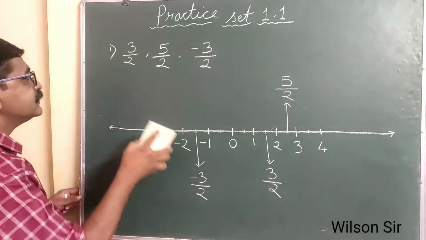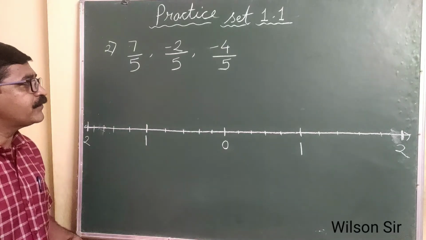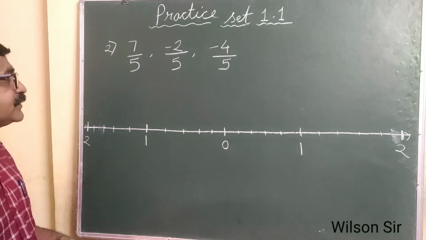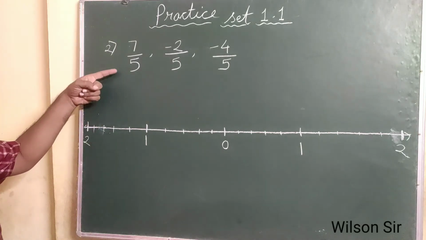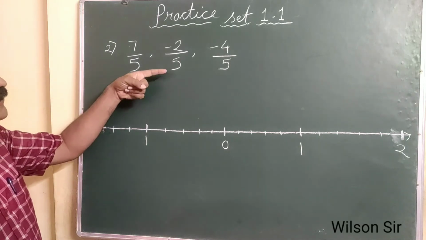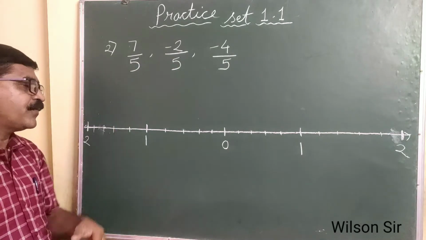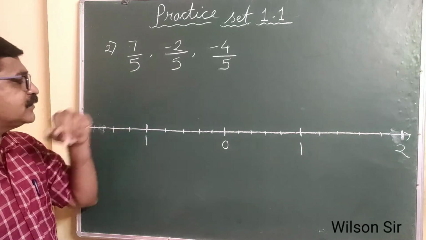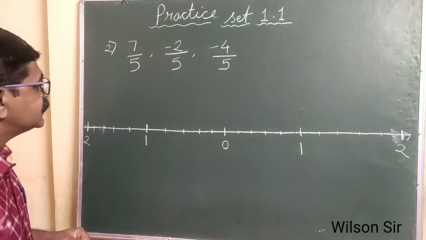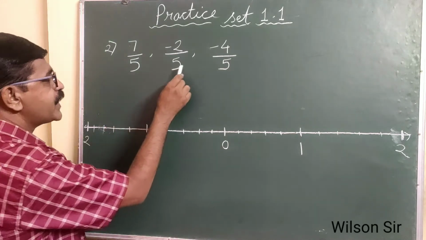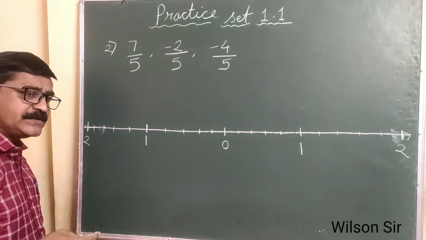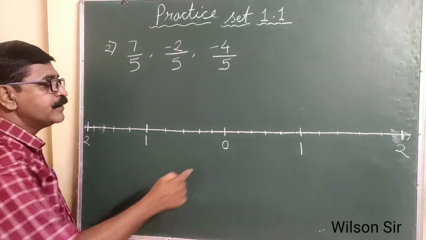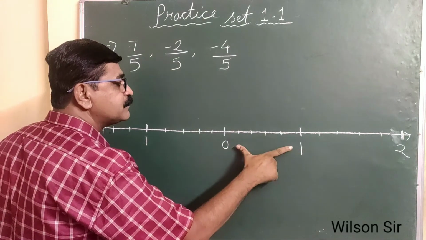Second problem we will see. Now we will see the second example of practice set 1.1. 7 upon 5, minus 2 upon 5, and minus 4 upon 5. We have to show all these three numbers on this number line. So what is the denominator? 5, 5, 5. So if 5 is the denominator, at that time from 0 to 1, this part has to